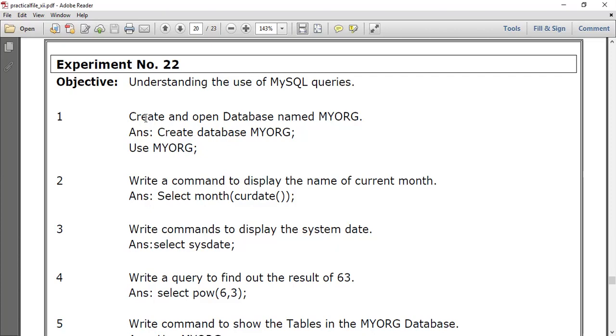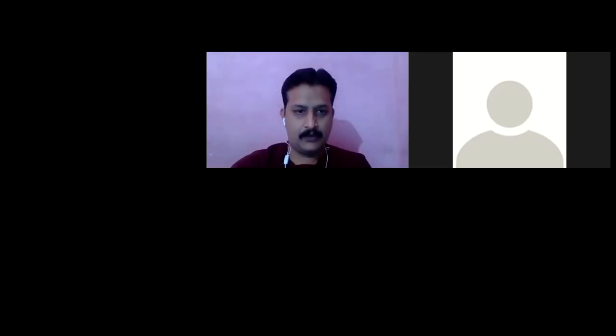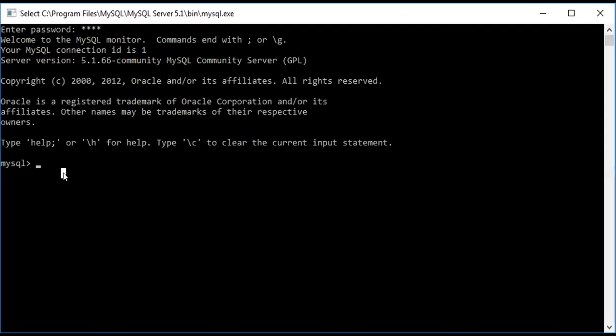So the very first is how to create and open a database named MyORG. For that, we just need to write create database, and then the name of the database is MyORG, and semicolon. And to open it, we have to write use. So this is it.